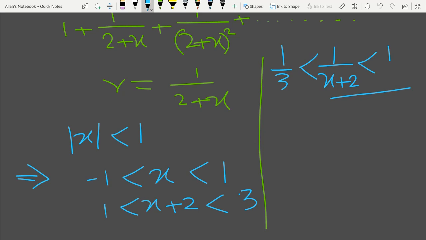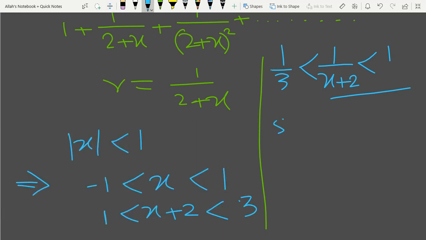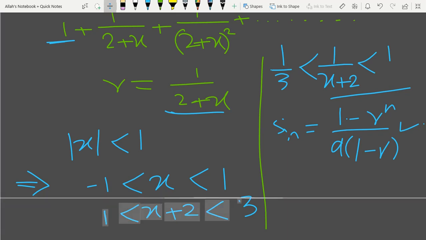So it means that the common ratio is less than 1, so the given series, which is a geometric series, is convergent. Since it is convergent, we will find the sum after applying the formula. Sn is equal to a times 1 minus r raised to the power n divided by 1 minus r. Here a is the first term, which is 1, and r is the common ratio, which is 1 over 2 plus x. After putting the values and taking the limit as n approaches infinity,